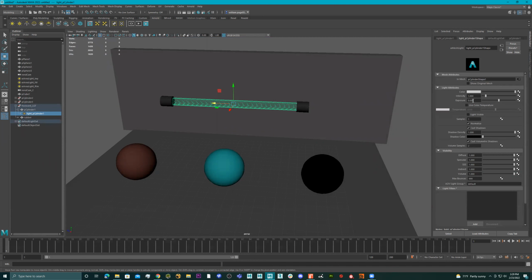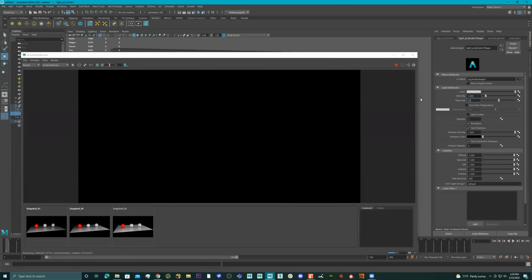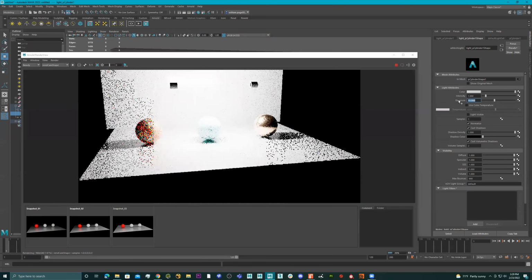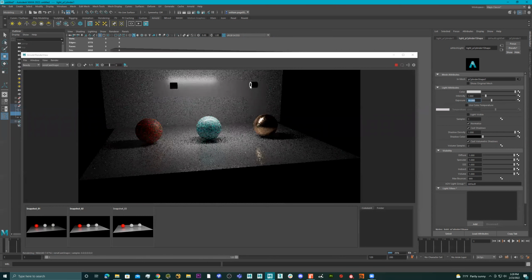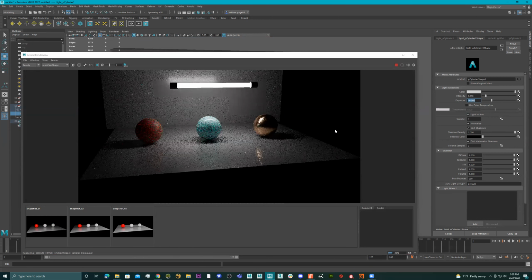So now that we have this, remember exposure is the one that we really want, right? So if I click on this and I go to exposure, let's type in 25, right? So we know it's working. I do that just to know that it's working. And then I go 15, and then I'll go 10. Now look, all right? So we see what this is looking like, but we don't see the light. But to see the light, we just got to click on light visible. And now we have a bulb,